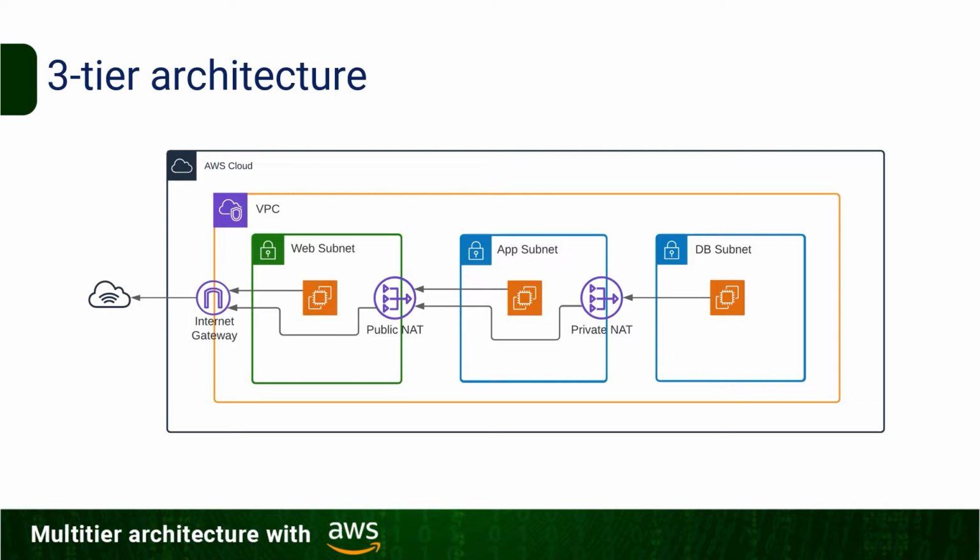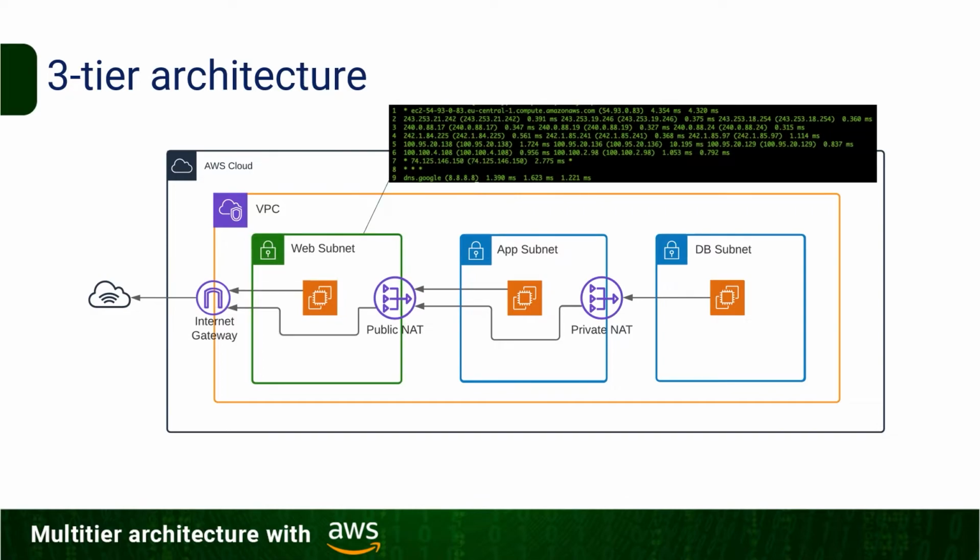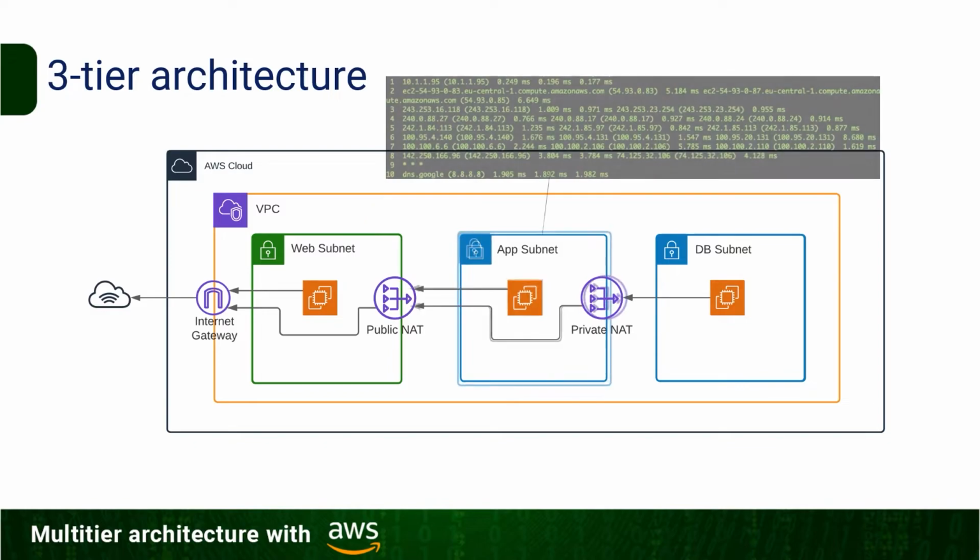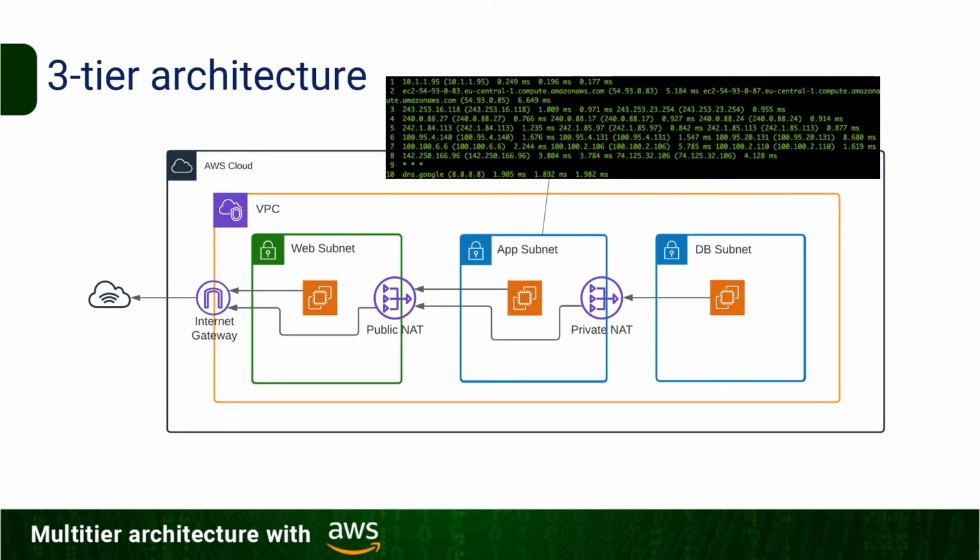As a result, we got the snapshot of the traffic with all routes. In the presentation layer, we had direct connectivity to the internet, through the internet gateway. So we reached the Google DNS service in 9 hops. As for the application and business layer, which we joined in one,